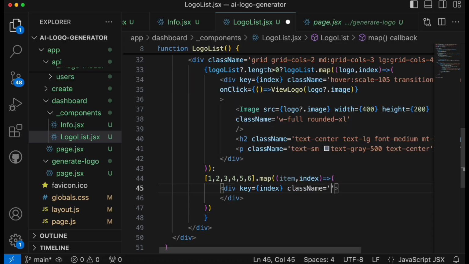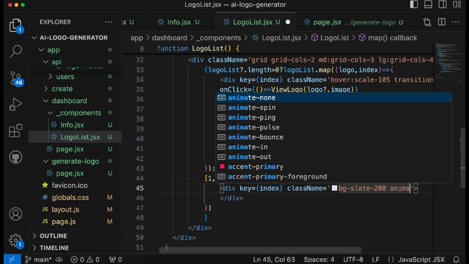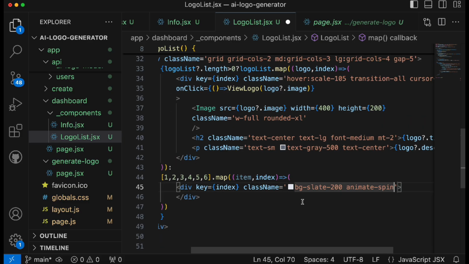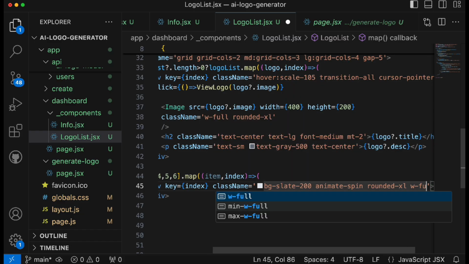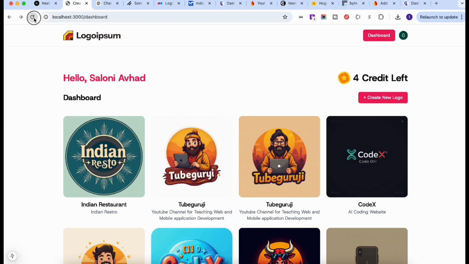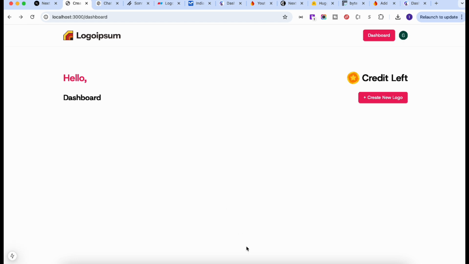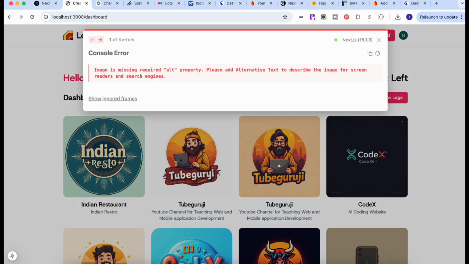So I will add a class name, we'll make a background slate 200, then we'll make it animate spin, so it will give you the skeleton effect. We'll make rounded Excel and width to be full. Let's save it and let's test this out. So if I scroll, refresh it, okay, so somehow it's not showing, and here we have an error that